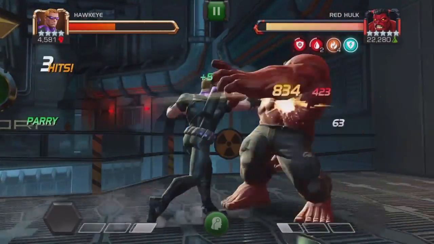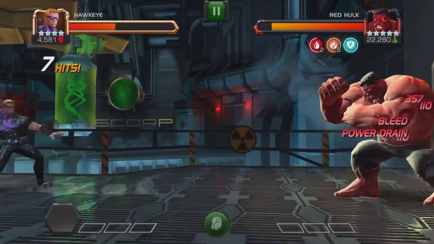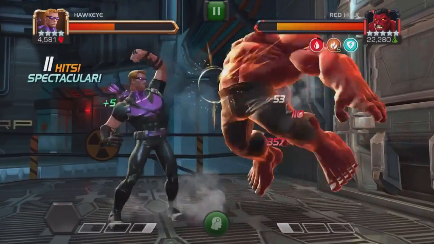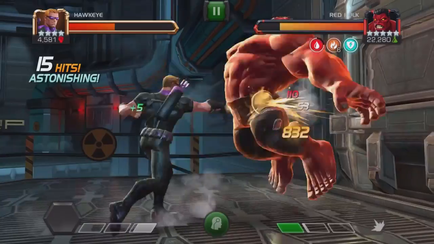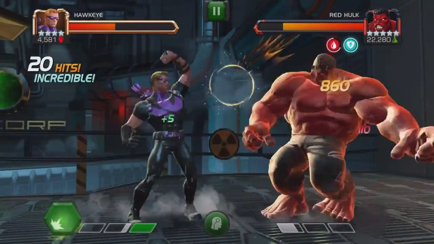And then save Vision, save Magic, and whoever else you've got for the Nightcrawler fight that's coming up. Hawkeye is an excellent champ for this. There's really nothing that I need to point out that is very difficult about this fight if you've got Hawkeye or a champ that's going to power drain. The biggest thing, I don't know if necessarily it's the biggest thing, but the easiest way to do it is